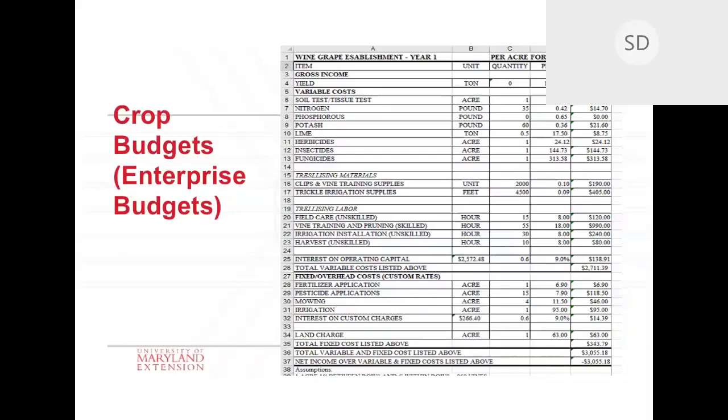So I can make decisions on that. What if I don't get the yield that I want? What if I don't get the price that I want? What if I get more than what I want? Mostly it's here in this quantity and price that you can manipulate. So what if I can bulk purchase a product, and I can make changes in that, or the spraying schedule?